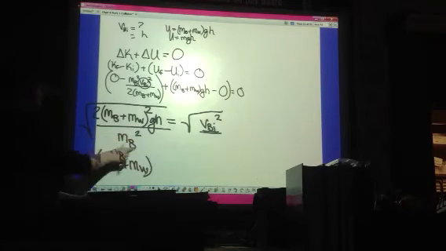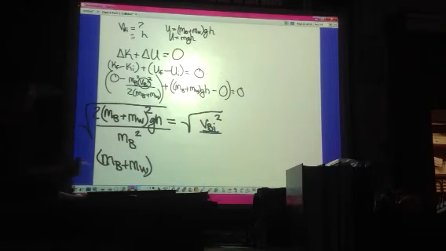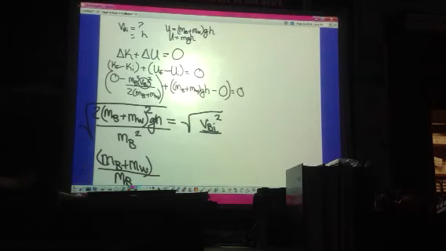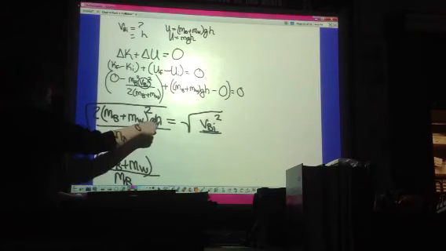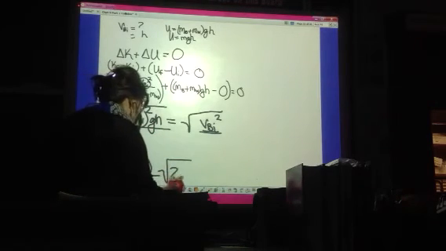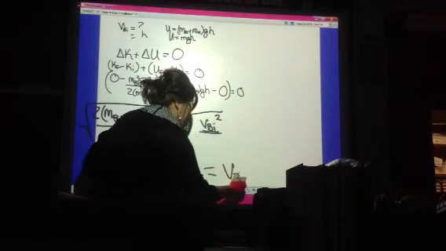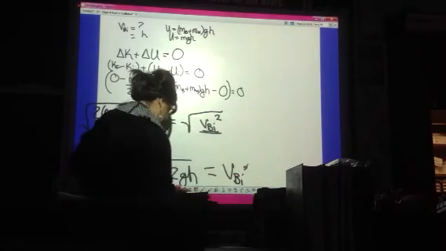And then the mass of the bullet down here in the denominator is also squared, so this is also kicked out of the square root. So I just have the mass of the bullet. So I'm going to end up multiplying that by what's left under my square root, 2gh. So that's all times the square root of 2gh, and that equals your initial velocity